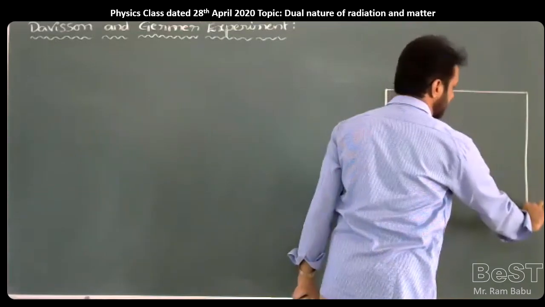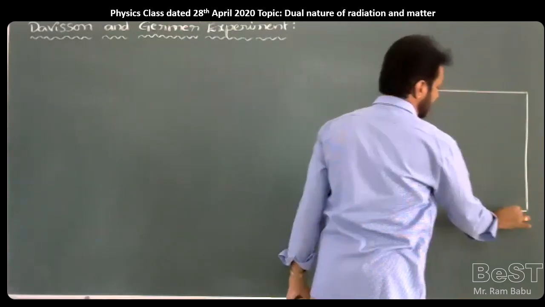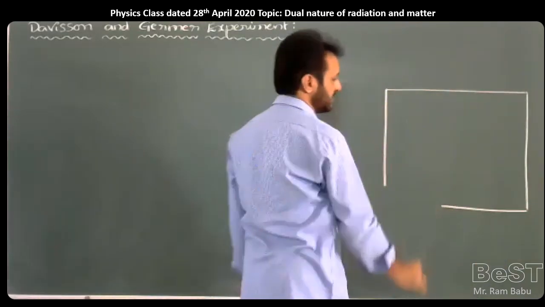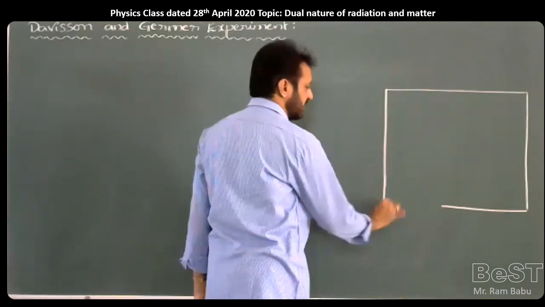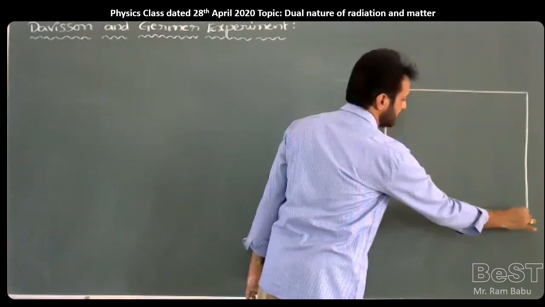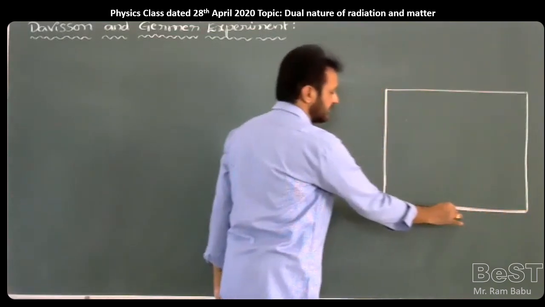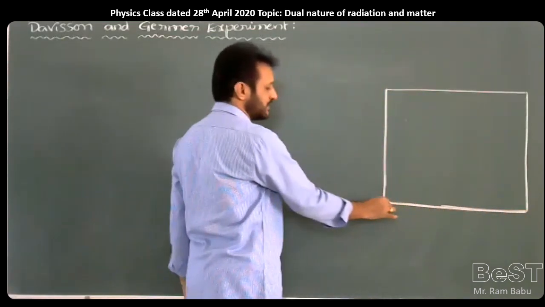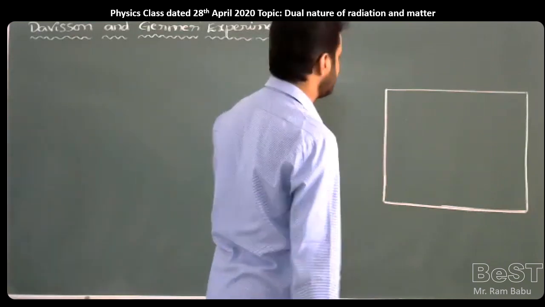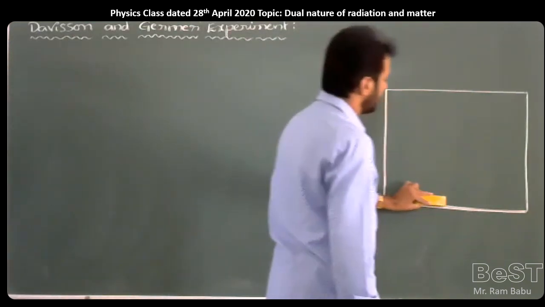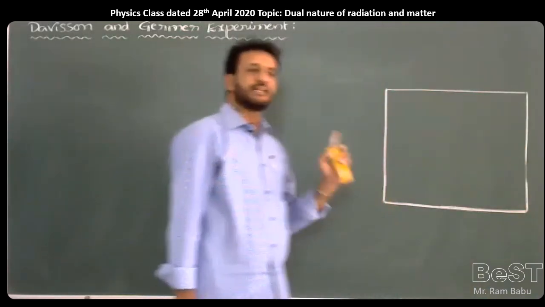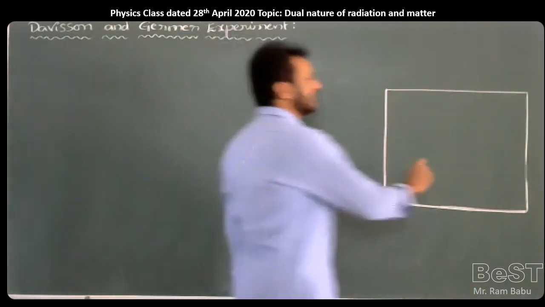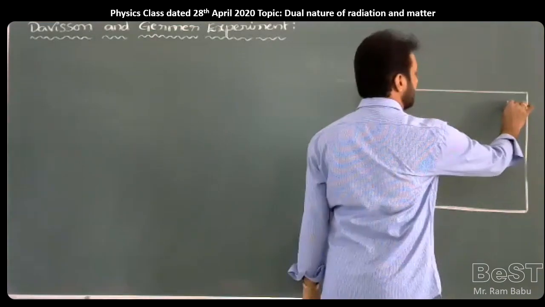Whenever we are using an evacuated chamber, when electrons are moving along the forward direction, there will be no loss of kinetic energy of the electron. Otherwise, when it has some gas or air, the electrons may collide with the gas molecules and lose some energy also. To avoid that, the total chamber is completely evacuated. It is one evacuated chamber. And in this chamber, we are providing one nickel crystal.